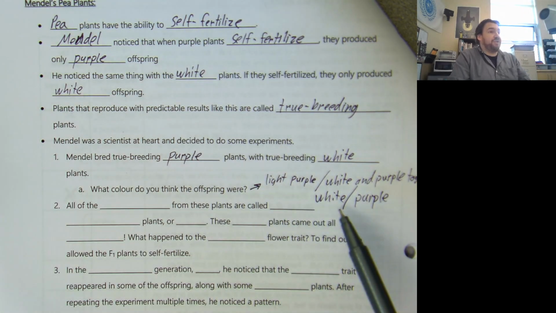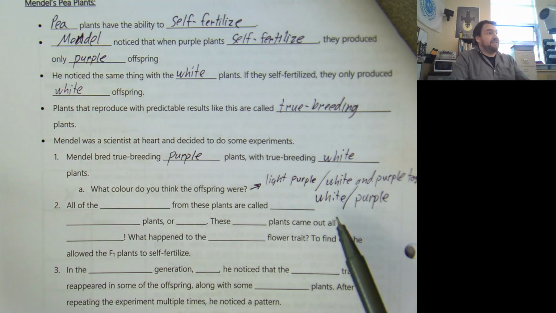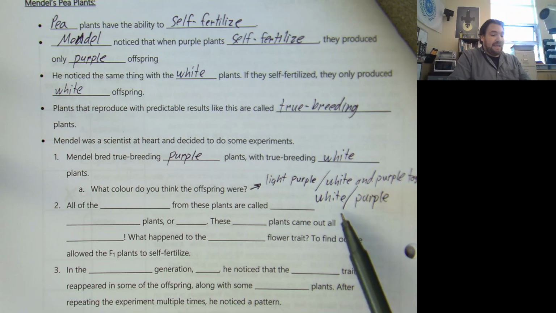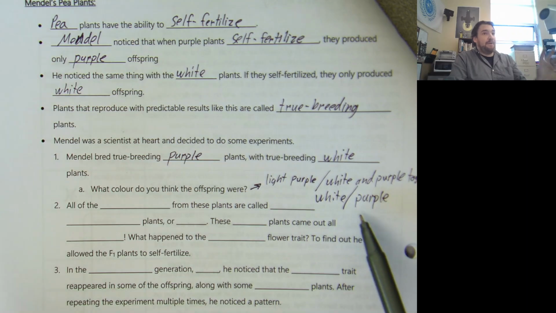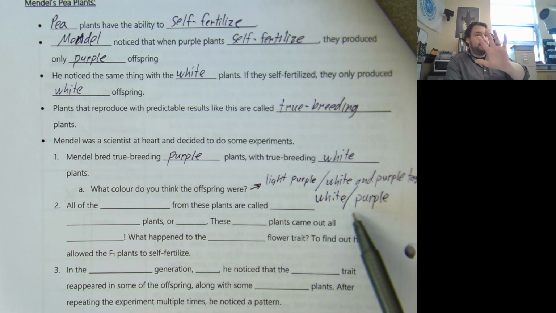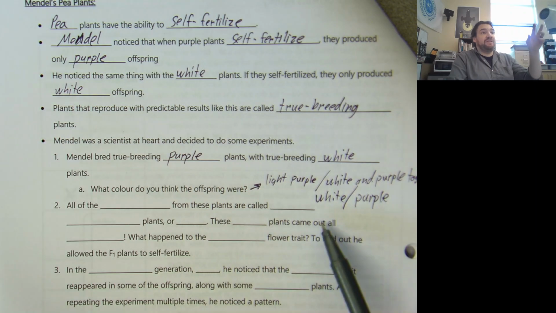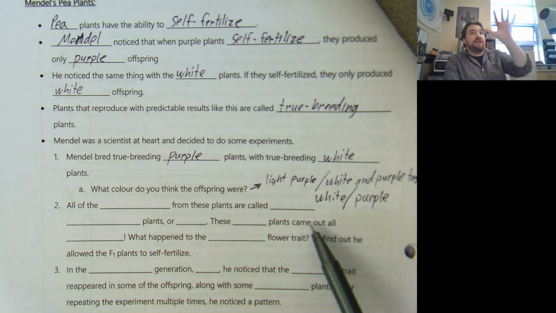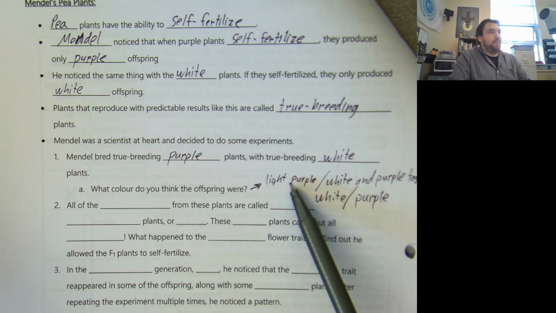So these are the options, and this is what we're going to talk about over the next little bit here. These are different kinds of genetic responses to different traits. If you bred purple and white and got purple, it means that purple was dominant over the white and covered over it. If you breed purple and white and get white, it means that white is the dominant trait and is going to cover over. If they blend and give you light purple, that is a trait that we call,